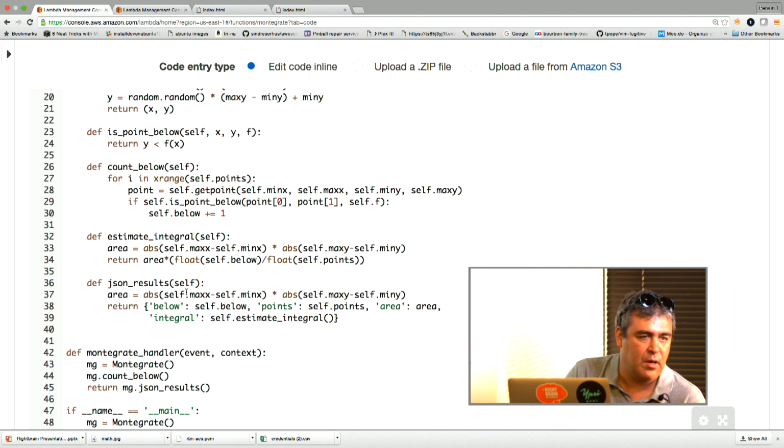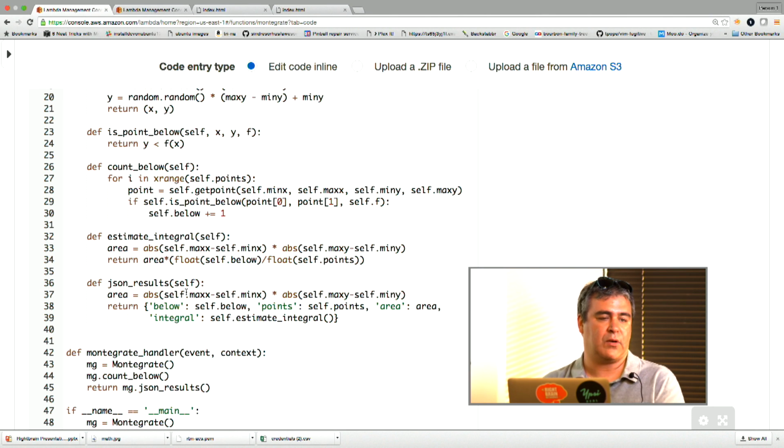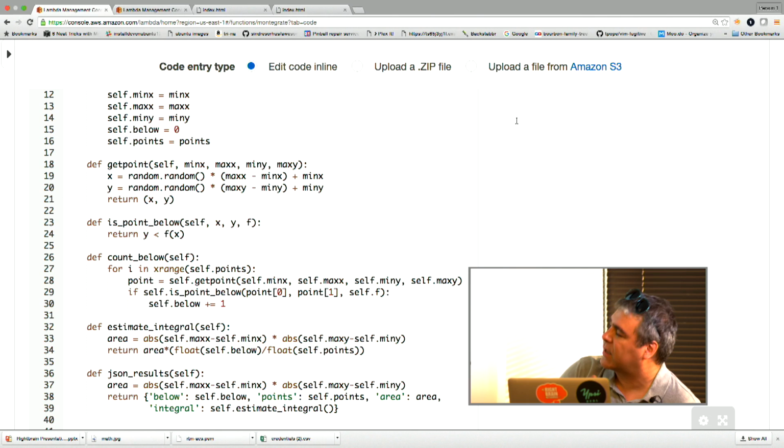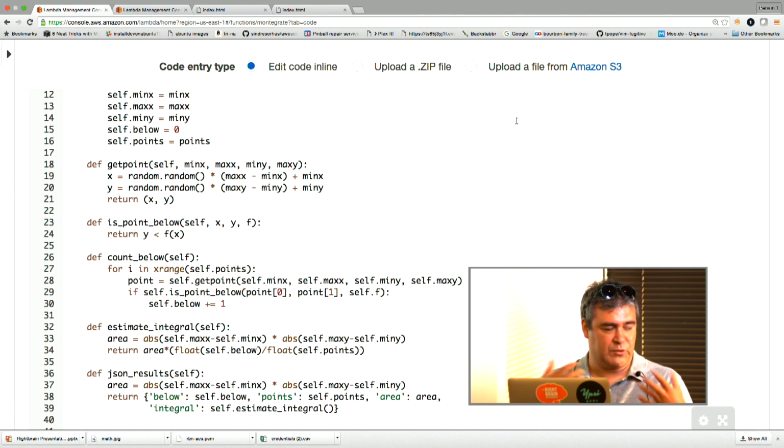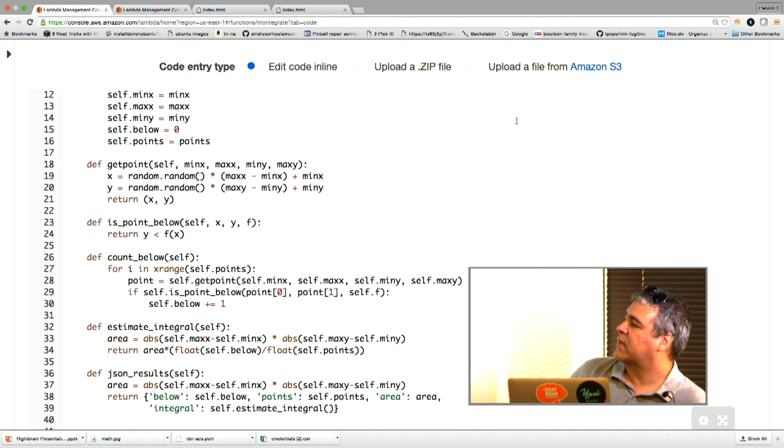Normally what you do is you build a package, a zip package. You can either put it in S3 or you can upload it from your laptop. That zip package is going to contain your code, and you define the entry point. I'll look at that in a second. And it's also going to contain any libraries that you need. So for instance, I use the Python imaging library. I put that in my zip file, and it was just there. You have it in the root, and at least for Python, that is where Lambda will look for it. It has the root of your zip package as part of the path that it will import from.